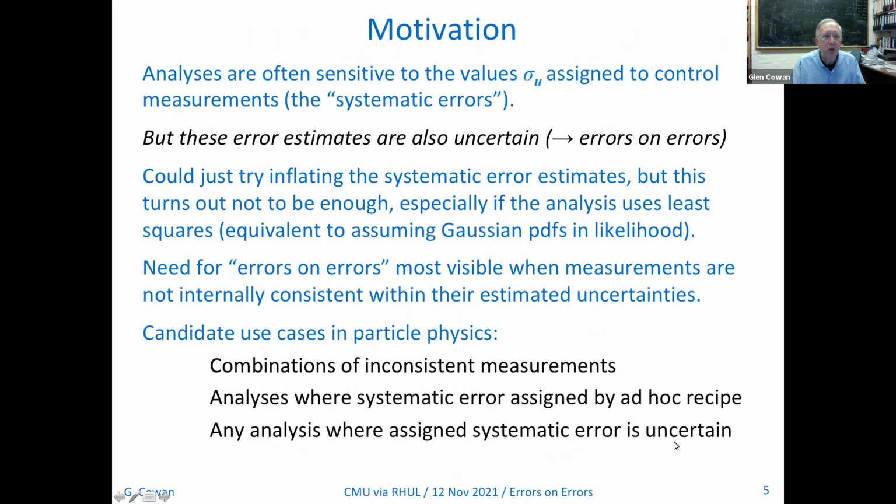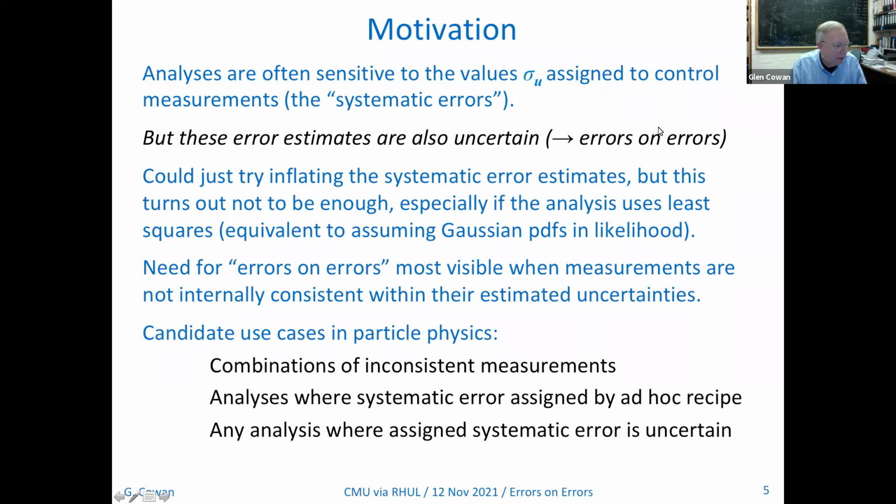All right, so now, very often the inference that you wind up making about the parameters of interest turns out to be sensitive to the values that you assign to these systematic errors. But those values are themselves uncertain. Hence this notion of errors on errors, or I should really be saying maybe uncertainties on uncertainties, but that's just too many syllables. So what do you do in that case? Well, what the community has, I think, traditionally done is that if they're a little bit uncertain about the value to assign to one of the sigma u's, they would just inflate it a little bit. But that turns out not to be sufficient,